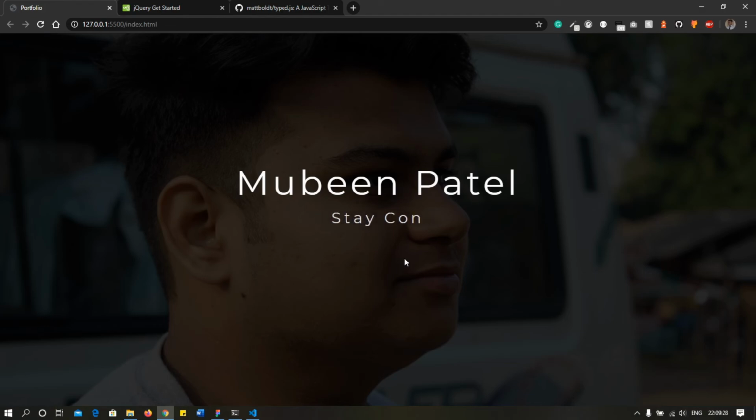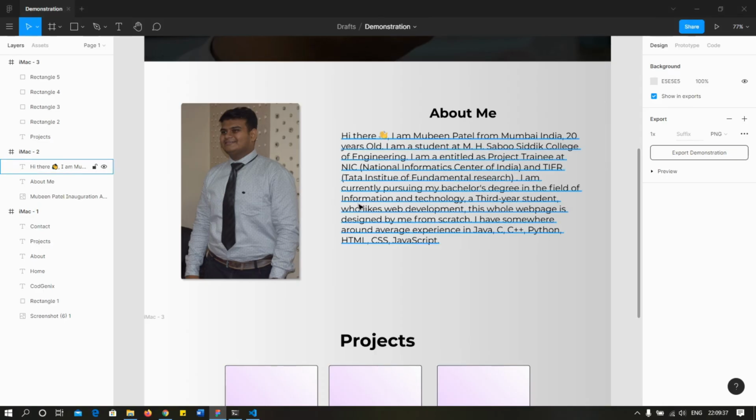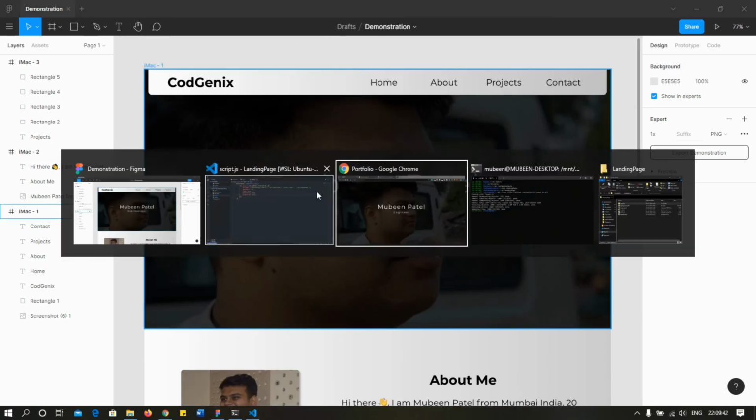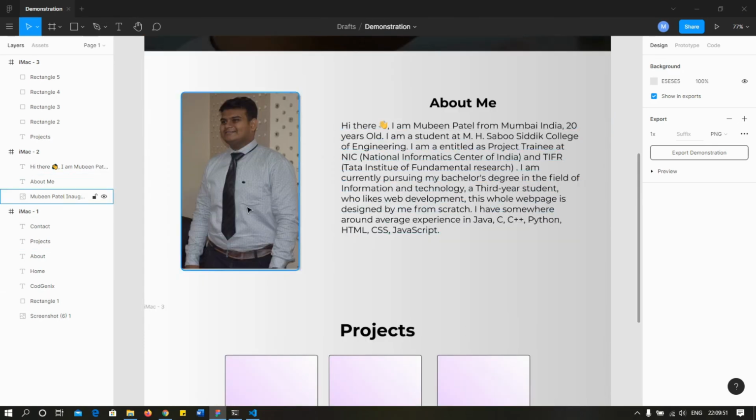Now, as I spoke before, I am going to show you a very robust and dynamic way to create multiple sections in your portfolio that look interactive. This is what I have created for you guys. This is the section that we just created here, and we have a nice looking navigation bar with your title, brand name, and different pages that you want. Now you have your about section, on which on the left side you have your image, on the right side you have the about me heading, and now you have your content right here.